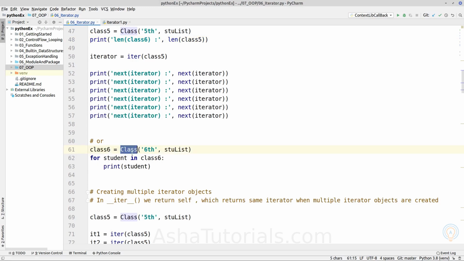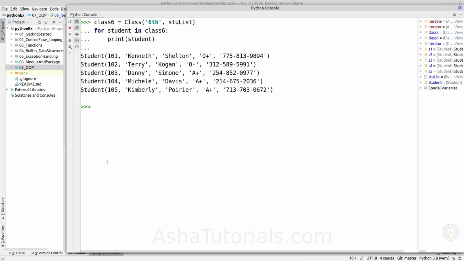So the object of the class is created and it is passed to the for each loop. Now we will execute it. As we can see, it is iterating over each student inside the collection of students stored inside the class object.